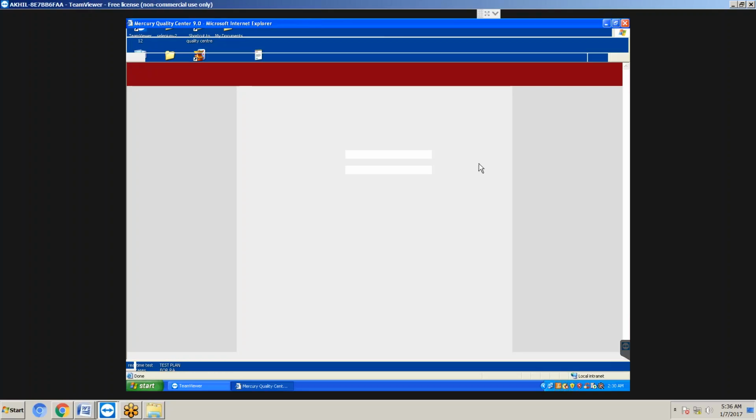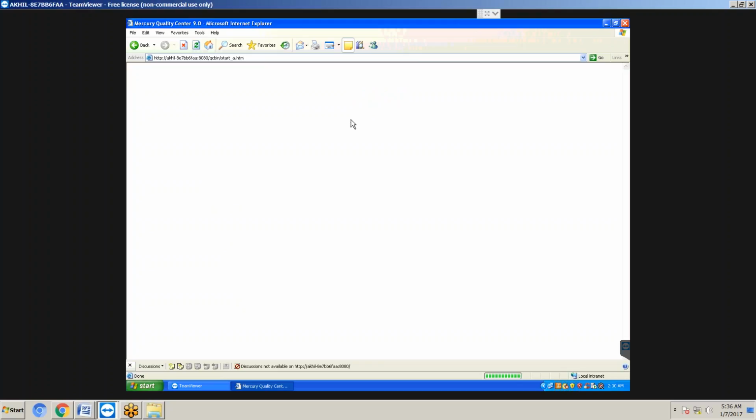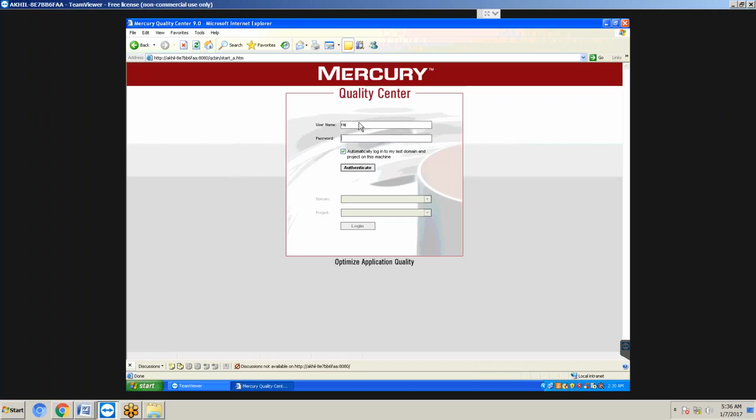Okay. Aki is a tester. He has a username and password. Using that username and password, he wants to work with quality center. He gives username Aki, password also Aki, and clicks on the authenticate button.